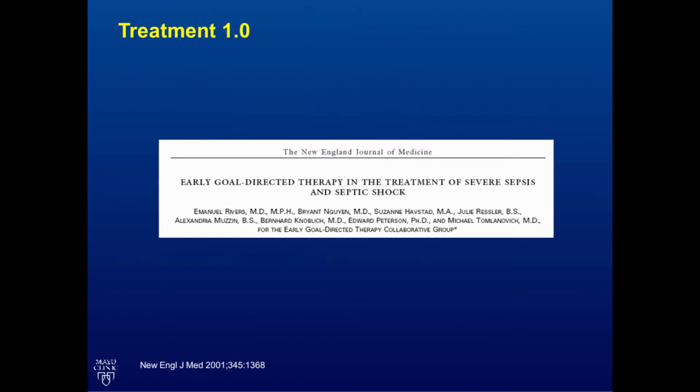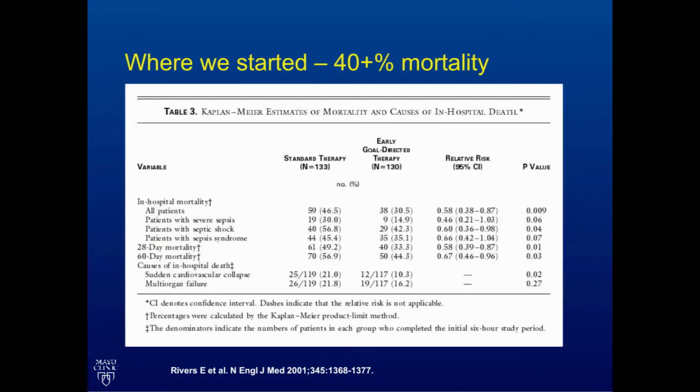So as the Bone criteria from the early 90s came into effect and we started to look at how do we come up with illness prediction scoring, really the most landmark paper in sepsis that everyone will continue to cite is Manny Rivers' study on early goal-directed therapy. This was a bundle of care which was relatively complicated, but was really the first intervention to change mortality more than just a single-digit couple of percent. Whereas he had pretty sick patients and their mortality was 46.5%, and with the folks that got this complicated bundle, it dropped significantly to 30%.